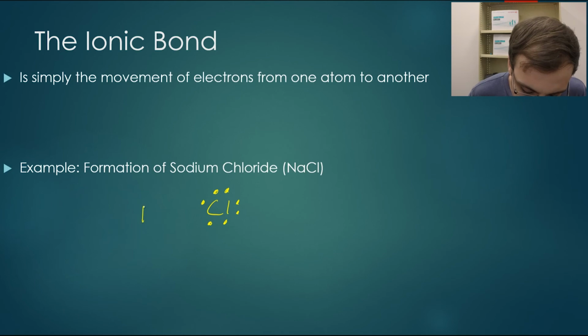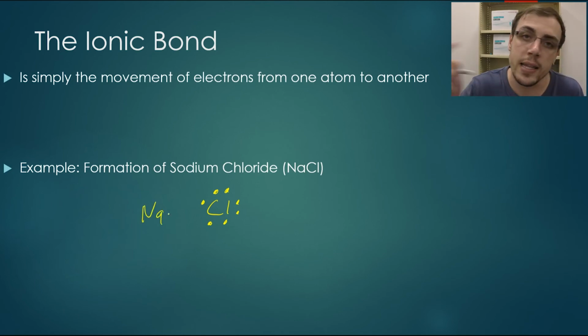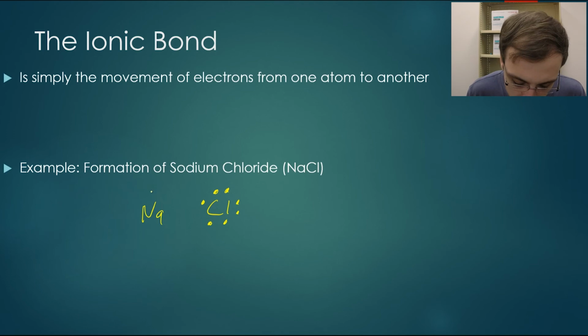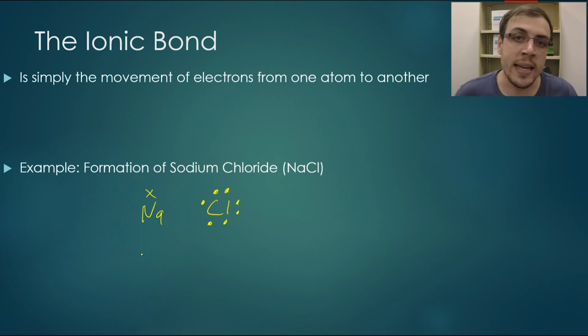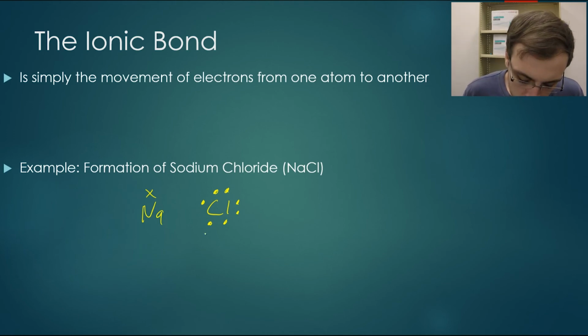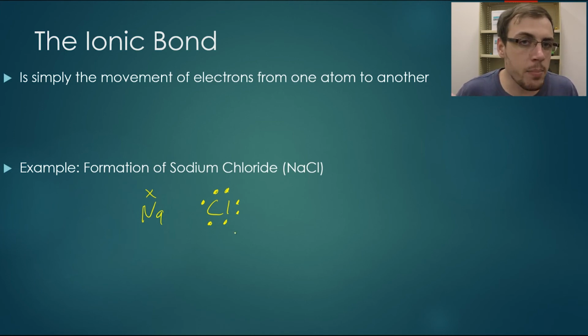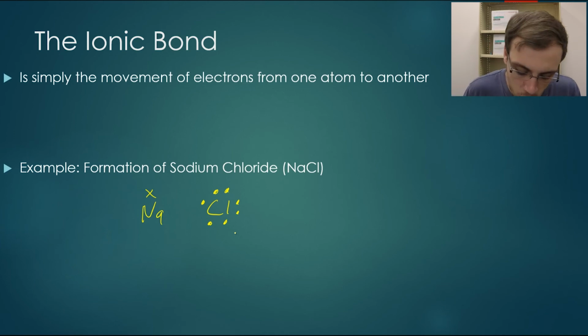And we have sodium. Now sodium is on the far left-hand side of the periodic table, and we can see it has 1. Sodium is not happy with its current arrangement. It's overshot. It's got 1 extra, it needs to get rid of it. You've got chloride here. It's being particularly moody. It's being swingy because it needs just 1 more electron and then it's happy. It's stable. So it needs to try and find that 1 electron somewhere. So what it does is it will sort of steal this sodium,